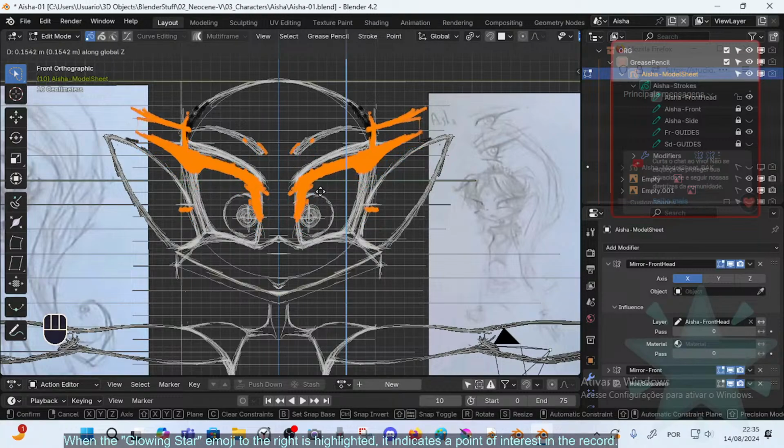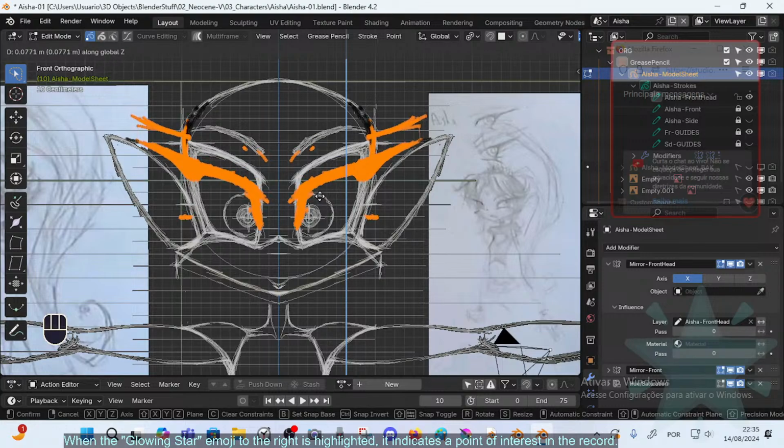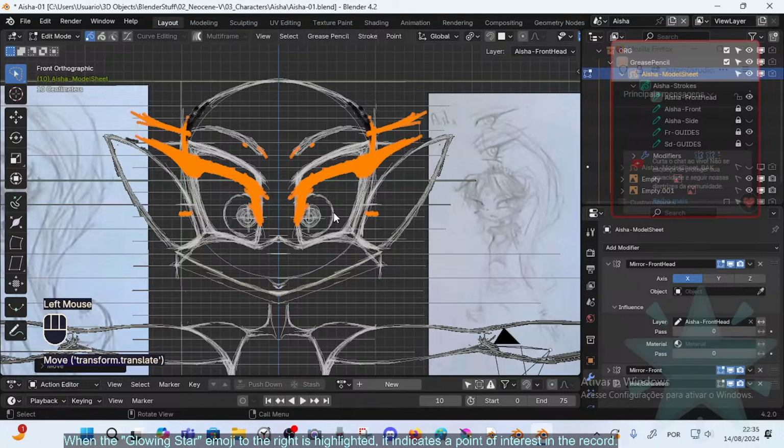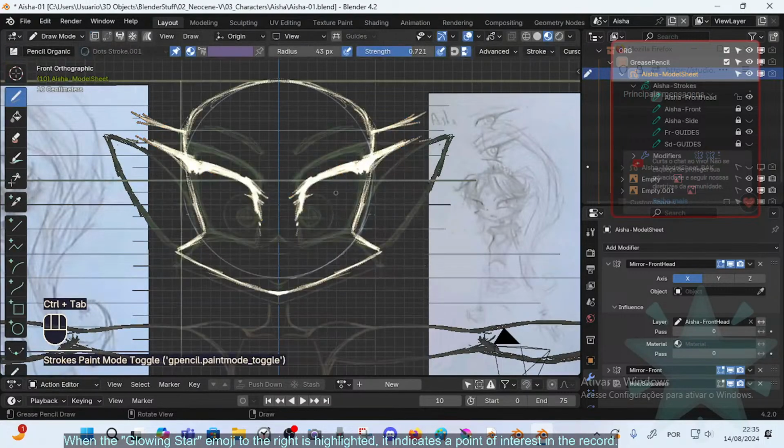So I try to match the eyebrows sort of, yeah, somewhere like here. Yeah, so they don't need to match exactly, but just an approximation that will make it look much better. So here, her nose, let's try to get her nose